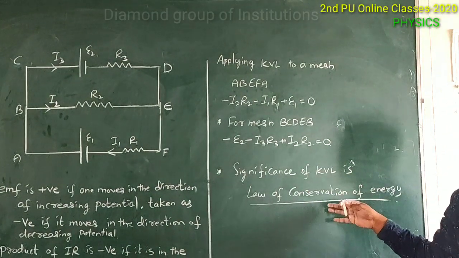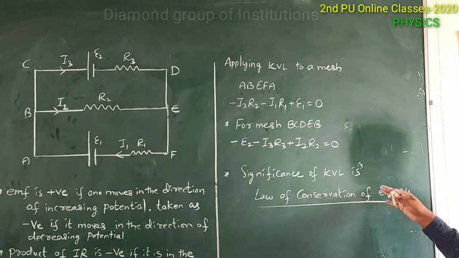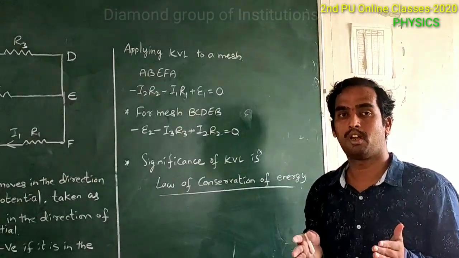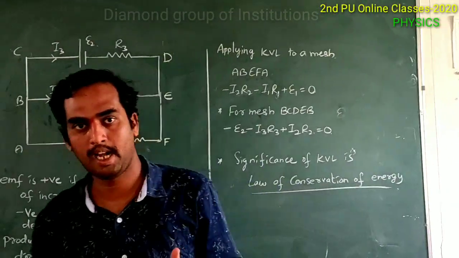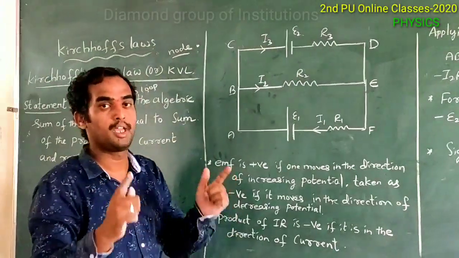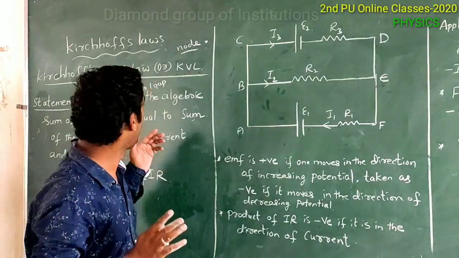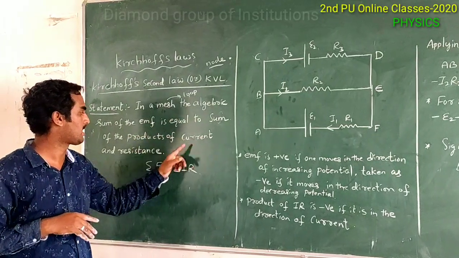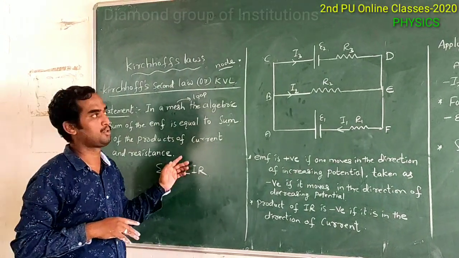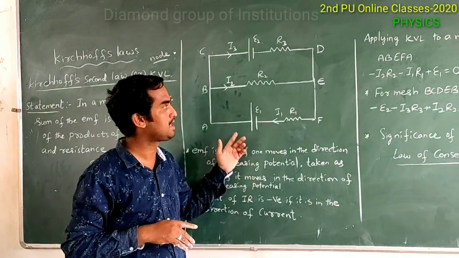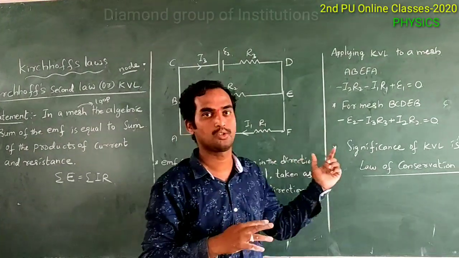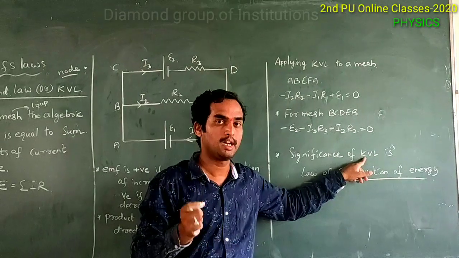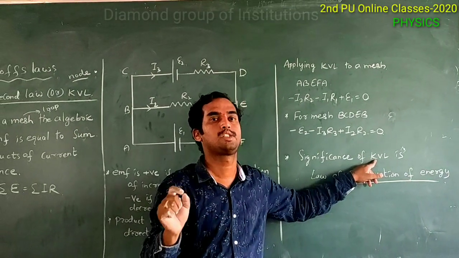And see the final point. The significance of Kirchhoff's voltage law is the law of conservation of energy. In the first law, the statement of Kirchhoff's first law is that the algebraic sum of the total current entering a node becomes 0, and here the algebraic sum of the EMF as well as the product of the current and resistance is equal. So this is the example, and these are the illustration rules regarding Kirchhoff's voltage law, and what is conserved here is the law of conservation of energy in case of the second law, and regarding the first law, the law of conservation of charge.